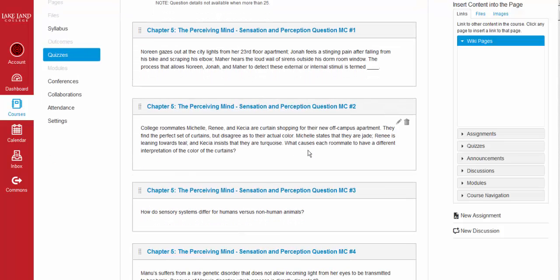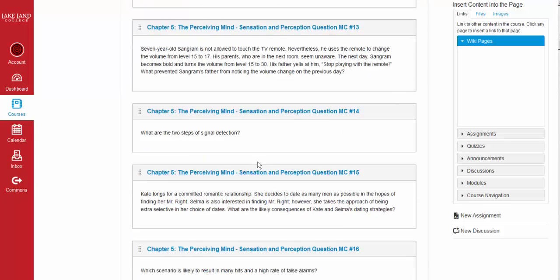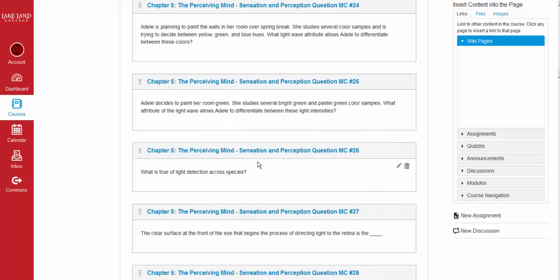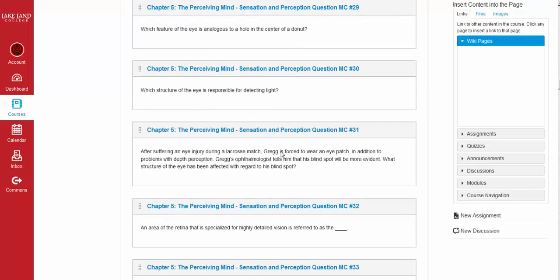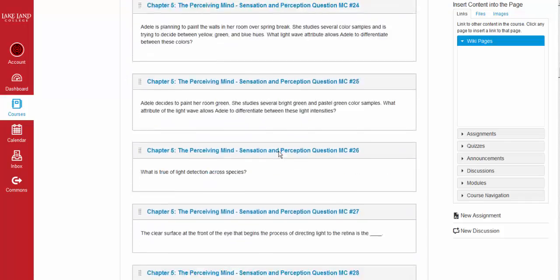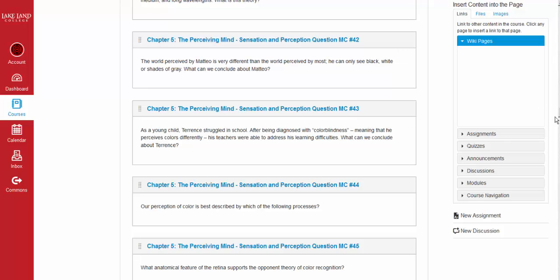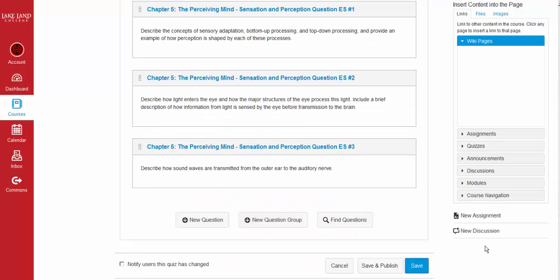The thing that you're going to notice here is that all of the questions that were in that bank are in this quiz. So, I mean, you can come through here and read the question text, and you can decide whether or not you want that question in the quiz or not. You could do that, or if you're wanting to randomize, you can scroll all the way to the bottom and create a question group,